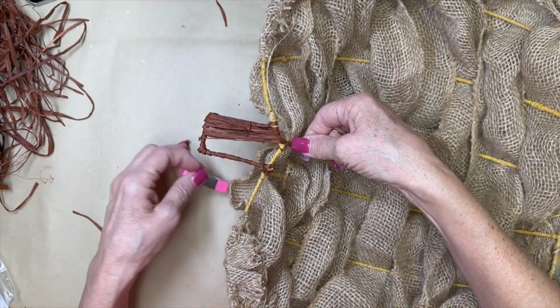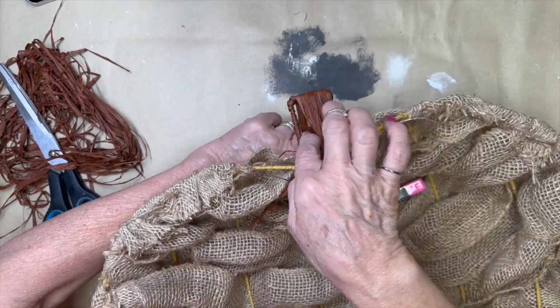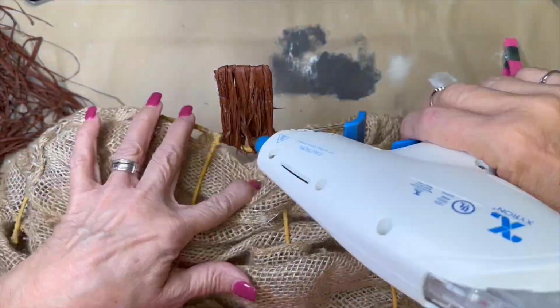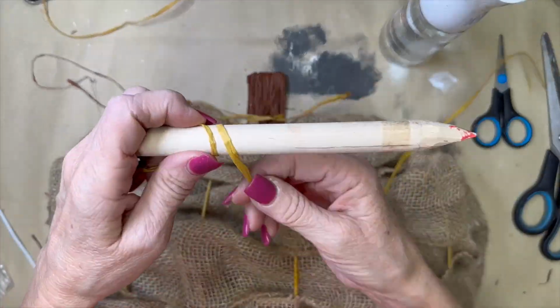And then I did glue it a little bit right there because we're kind of in a weird spot. There I go, using that clamp again. Okay, so I just did that through the whole thing, and I kept pushing it over and pushing it over so it would be thick, and there it is, finished. I'm going to stick a little hot glue down there and secure that, and it's not really going to show because we are going to put some